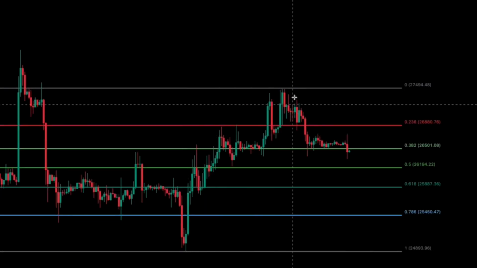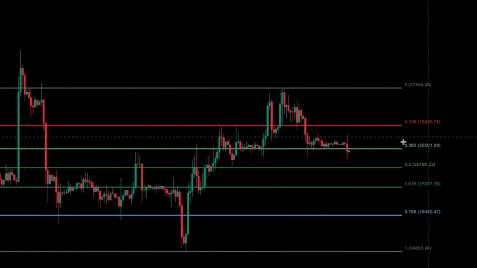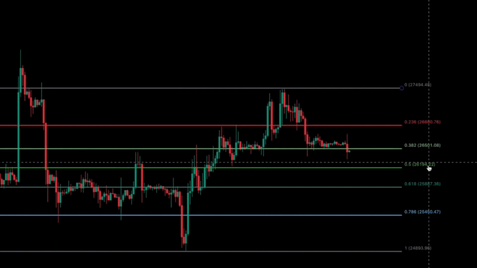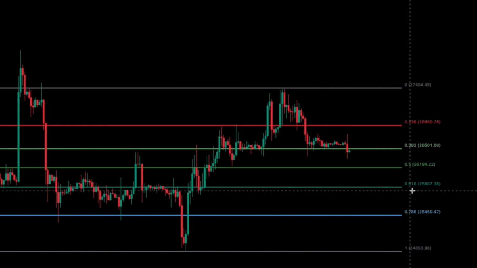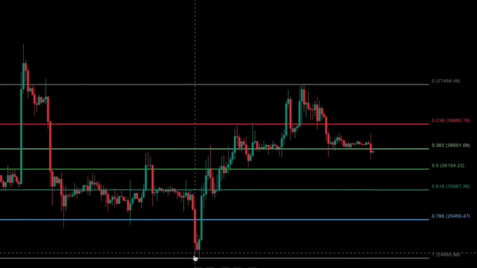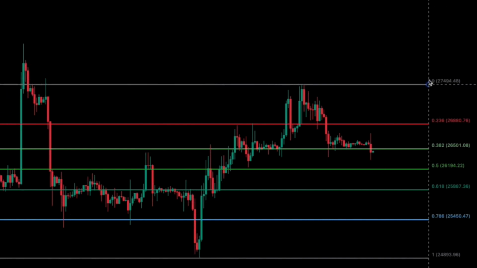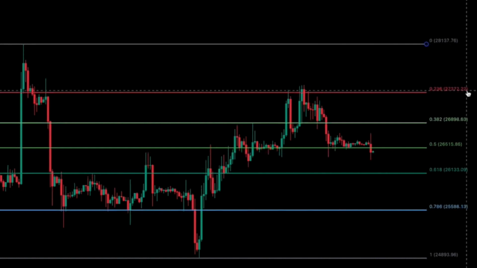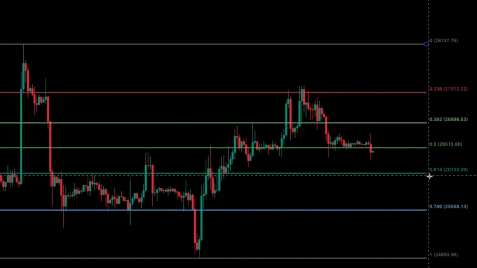From our swing low to our recent swing high. And right now, it does look like we're trying to break this Fibonacci structure of our 382. If that happens, our next level is around 26.1. And then our most important level, the golden ratio, is right around 25.8, 25.9. But if we take our Fibonacci level from this low to this swing high, let's go ahead and do that here. We can see that, again, we're still breaking a key fib level, but this time our 618 is around